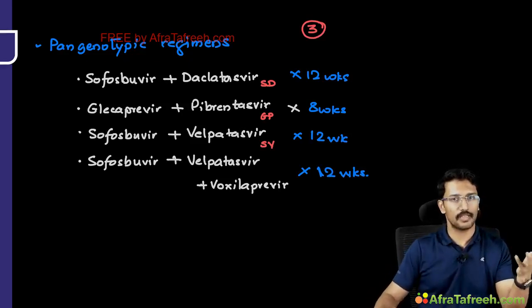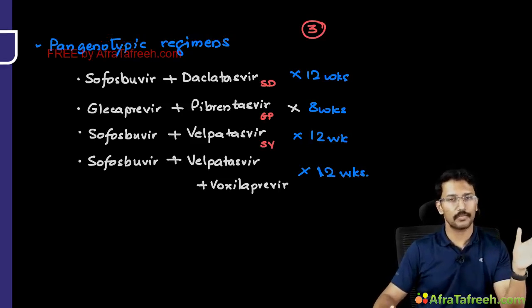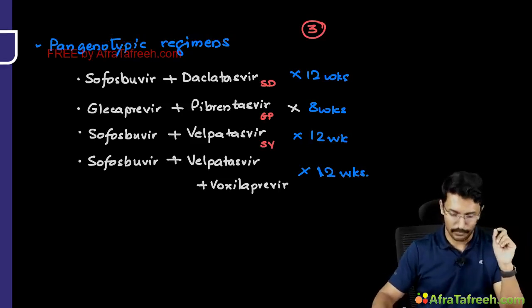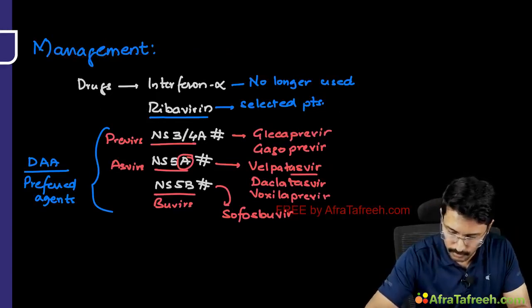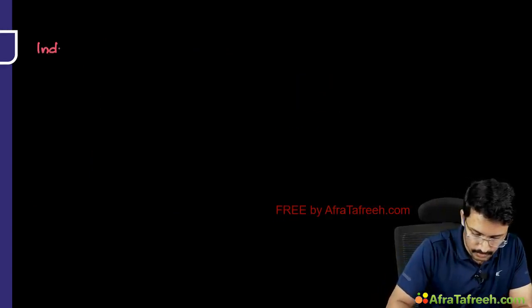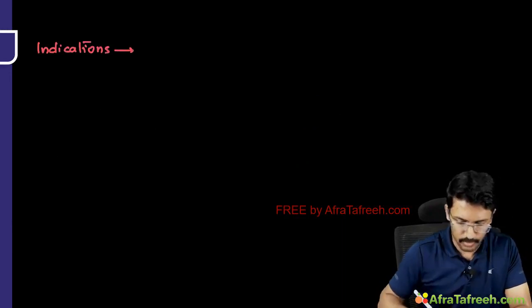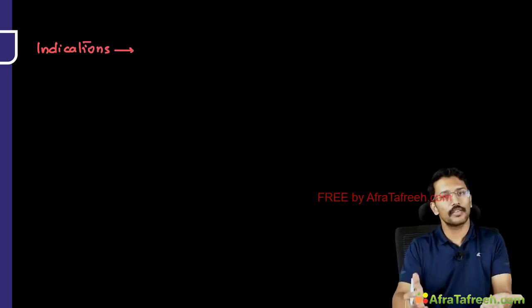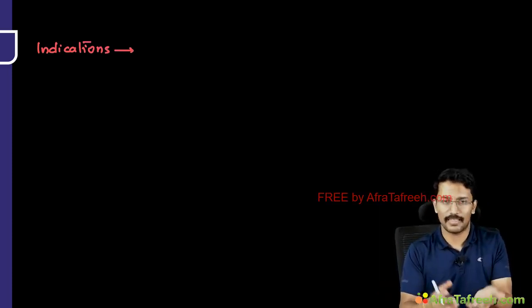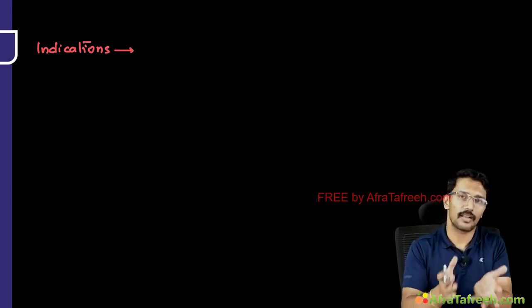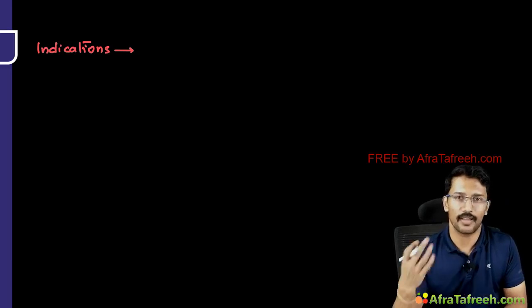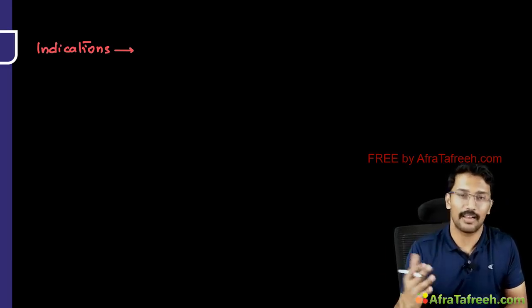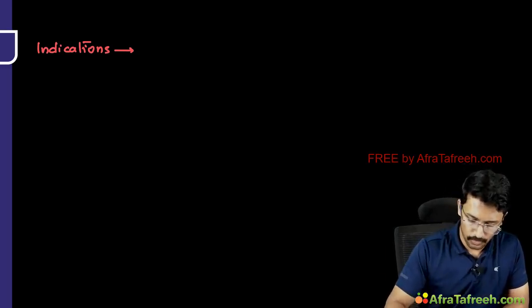So what to know about hepatitis C? Diagnosis is based on anti-HCV antibody and RNA PCR. Indications for treatment, I forgot to tell you. I told you about the drugs, but I didn't tell you about the indications. So let me put a slide here. Indications for initiation of antivirals. Pretty simple, guys. All cases which are detected as anti-HCV antibody and RNA positive are cases for antivirals. So unlike hepatitis B, we don't need to look at the ALT levels and the RNA levels, nothing. Indicated for all